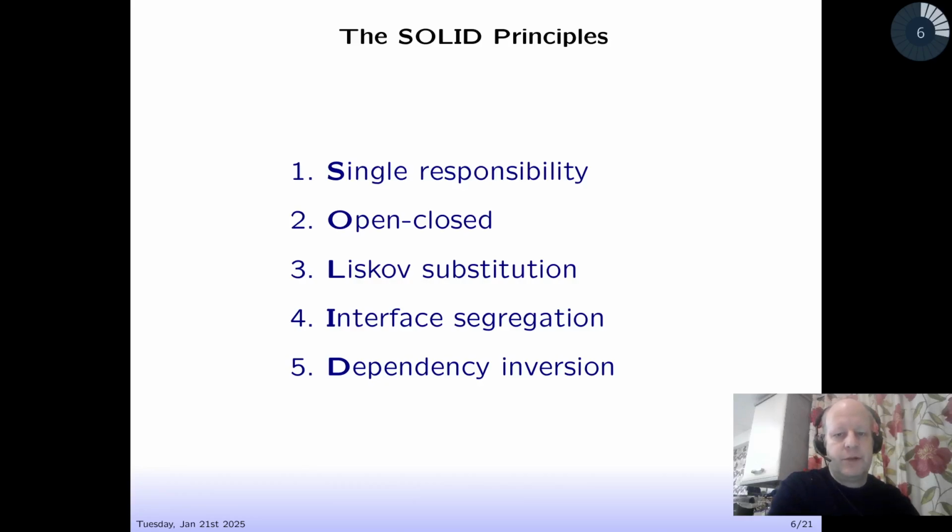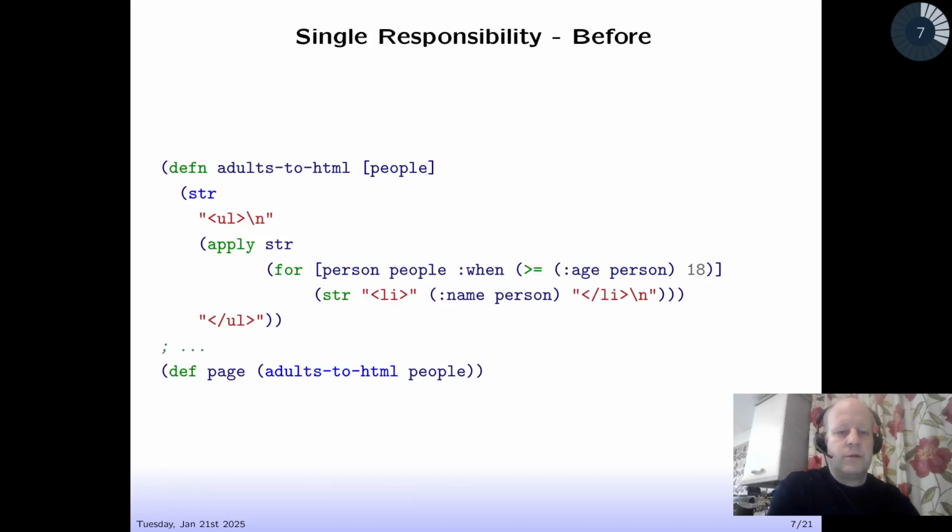So the SOLID principles are 5 principles. S stands for single responsibility, O stands for open-closed, L for Liskov substitution, I for interface segregation, and D for dependency inversion. So starting with the single responsibility principle, here's an example of a method which takes a list